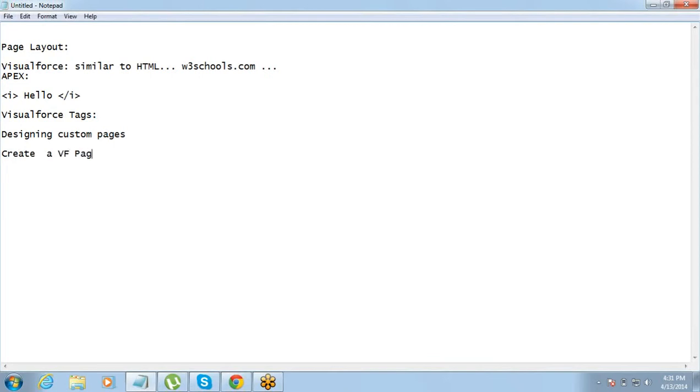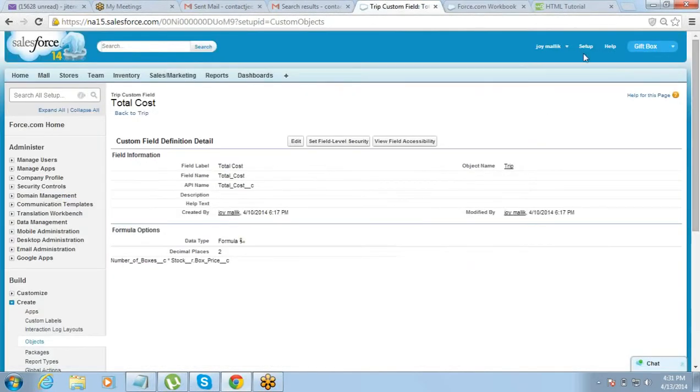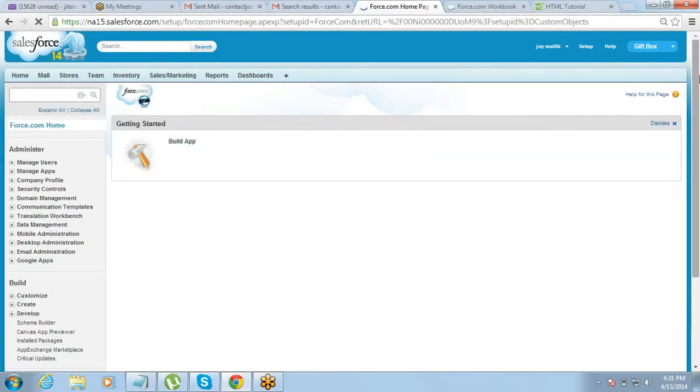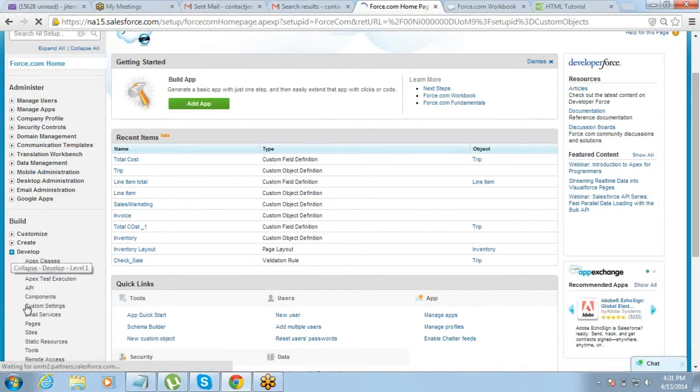It's a separate page, right? So how do you create it? It's very simple. You have two ways of creating a Visualforce page. One, you can go to Setup, then under Setup go to Develop, and under Develop go to Pages.